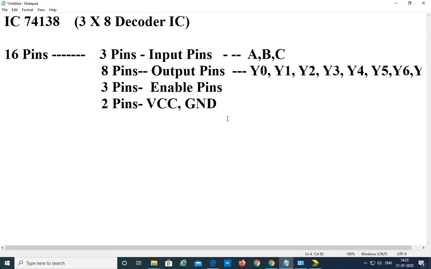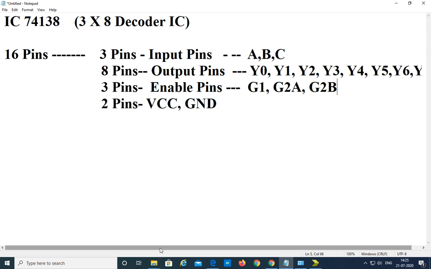Now let us consider the enable pins are G1, G2A, G2B, and these are the VCC and ground pins.